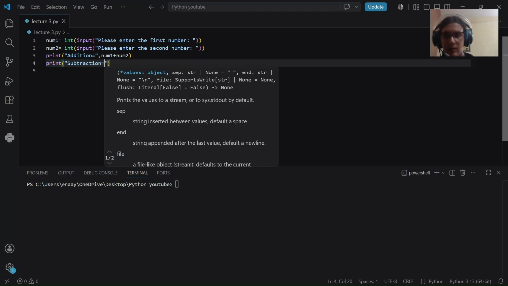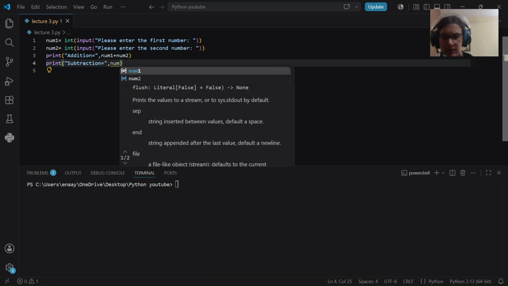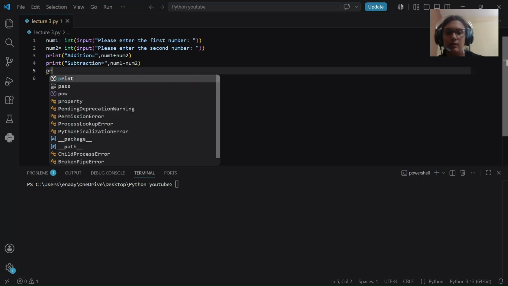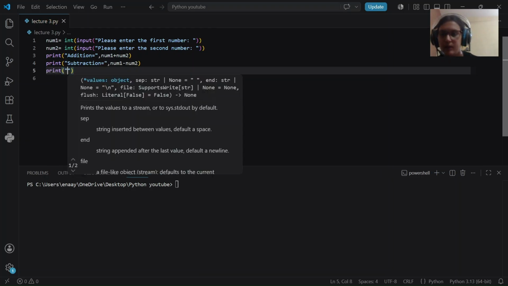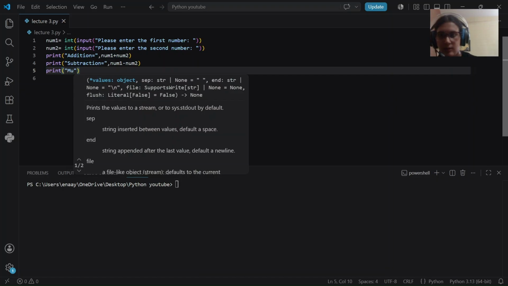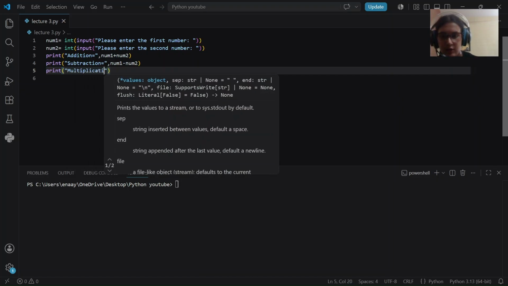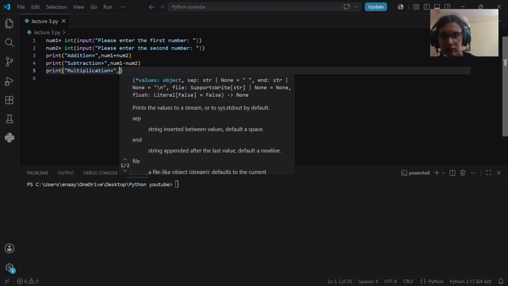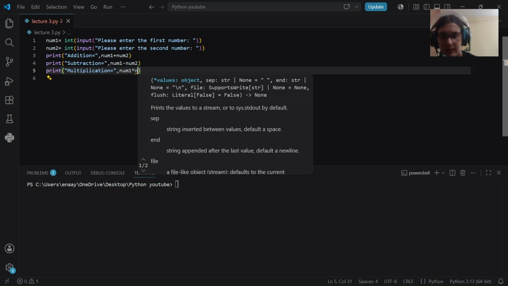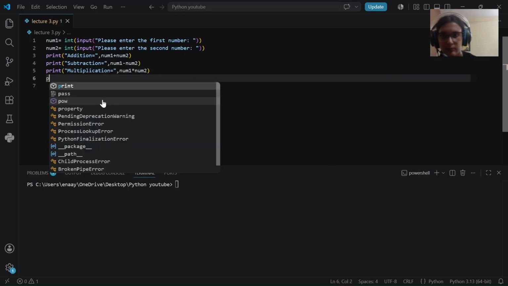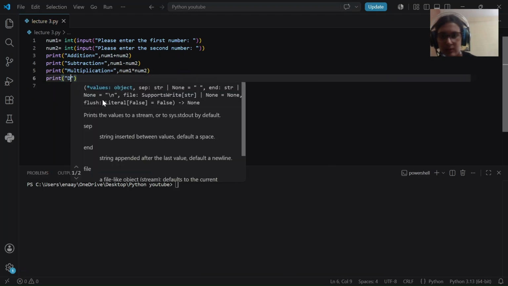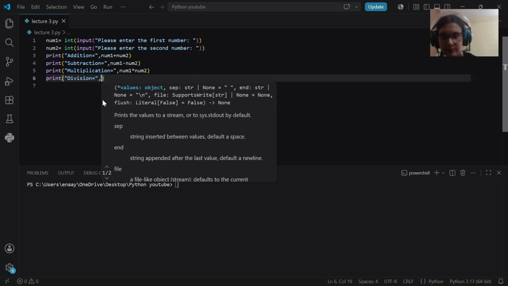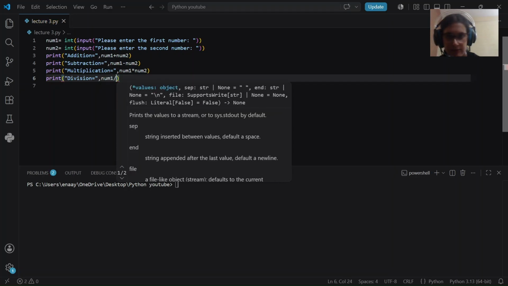subtraction is equal to num1 minus num2, print multiplication is equal to num1 multiplied by num2, print division is equal to num1 divided by num2,